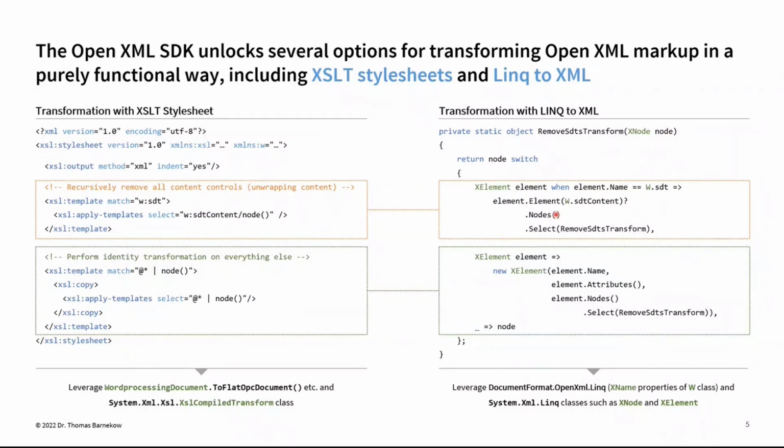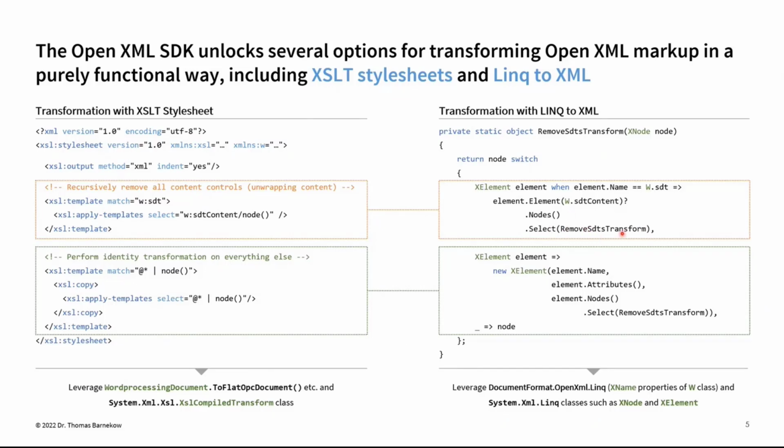So there's a clear correspondence between those first boxes here. For example, if you have a node that is to be transformed, and that node is an element, an XElement, the name of which is w:sdt, then you transform it by taking the element, taking its w:sdt content, the nodes of the content, and then simply transforming those nodes by using